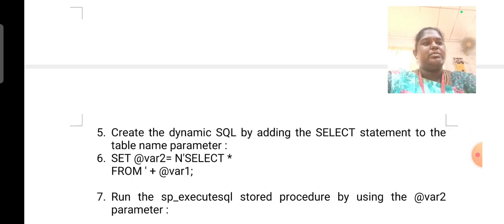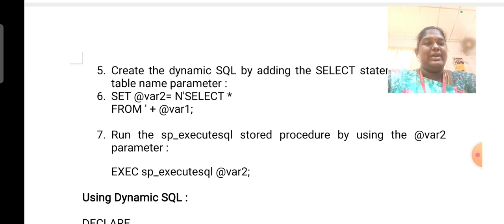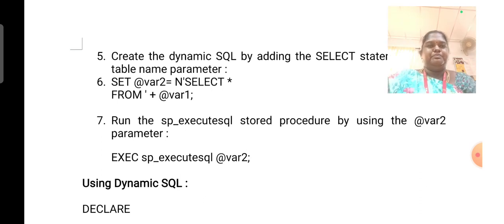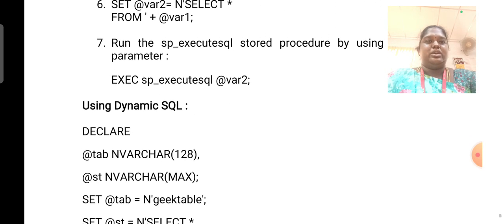Create the dynamic SQL by adding the select statement to the table name parameter. Set @var2 equal to N select star from @var1. Run the sp_executesql stored procedure by using the @var2 parameter. sp_executesql @var2. Using dynamic SQL,